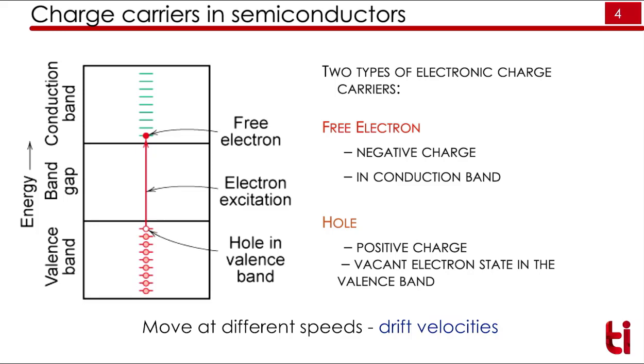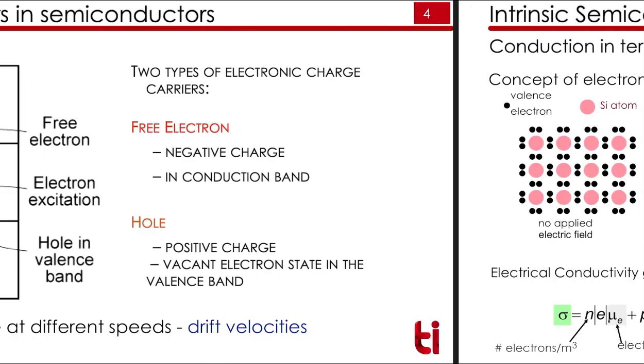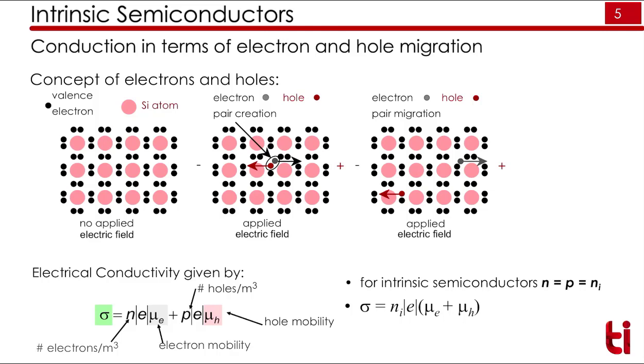Holes generally have a positive charge, and they are the cavities left by electrons. Electrons have a negative charge and are present in the conduction band. They have to go to the conduction band for conduction to occur, while holes remain in the valence band. So we'll see how conduction takes place in intrinsic semiconductors. Whenever we don't apply any electric field, there is no movement at all.